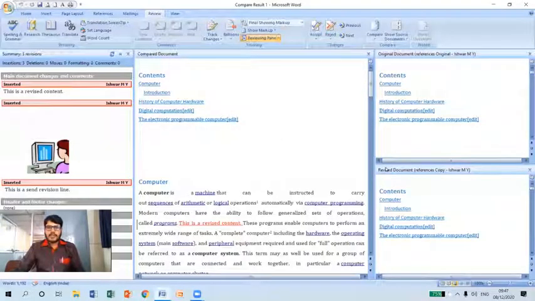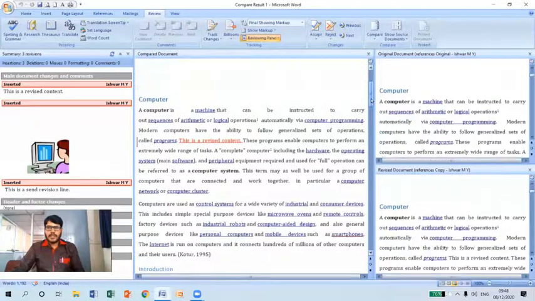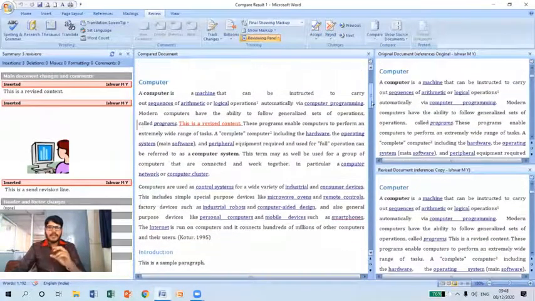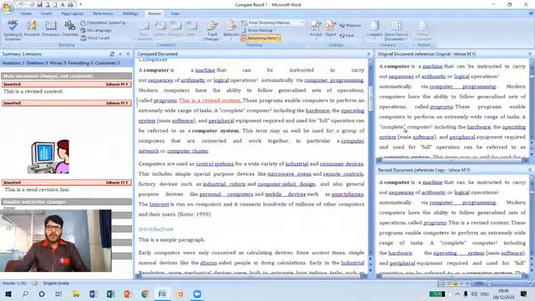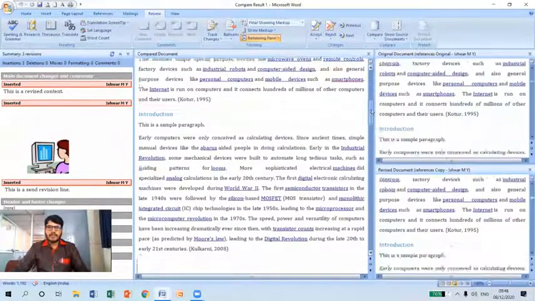Okay, as you can see here, if I scroll down like this, synchronous scrolling is happening between the documents. If I move this compared document, you can see the original document and also the revised document content also moving, isn't it?